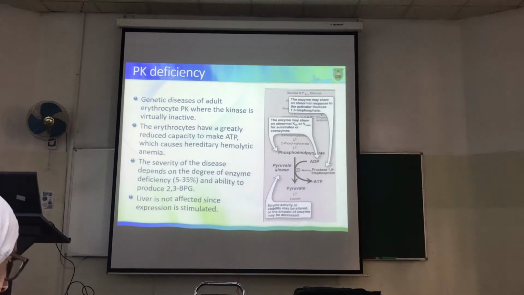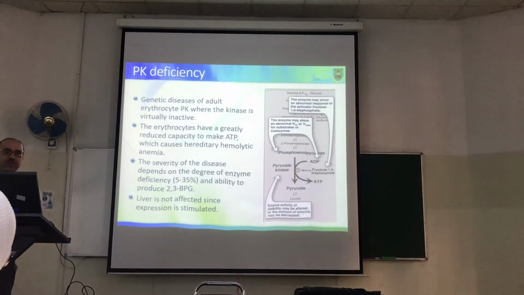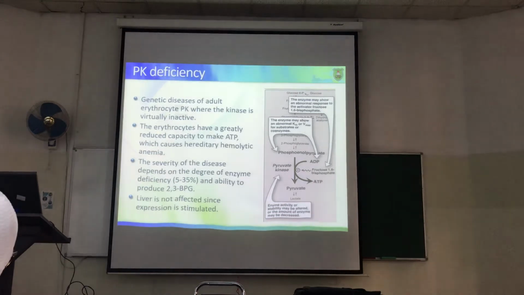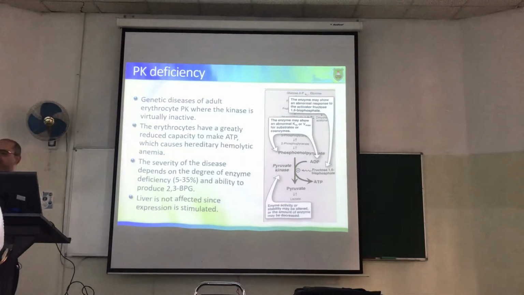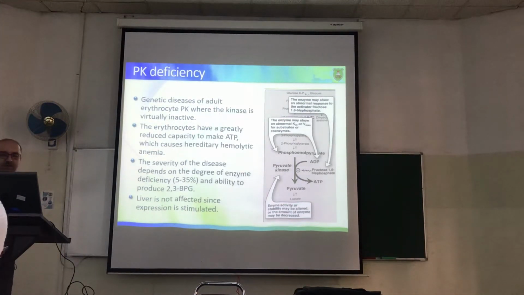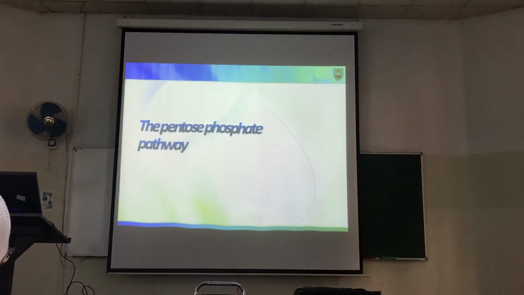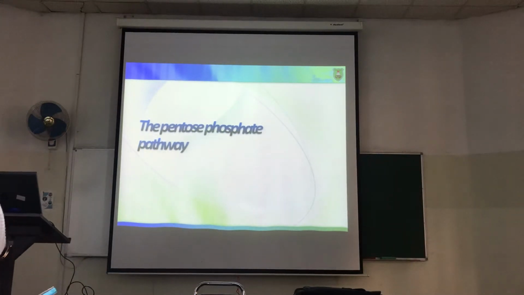There's compensation in producing more of the pyruvate kinase enzyme, because the way it's regulated is different. So you can have stimulation of production of pyruvate kinase in the liver versus red blood cells. Because once this enzyme is deficient in red blood cells, again, there's no DNA, so there's no compensation in these cells. So this is deficiency of pyruvate kinase. Sorry, I keep mixing protein kinase A with pyruvate kinase. The third pathway is the glucose 6-phosphate dehydrogenase.